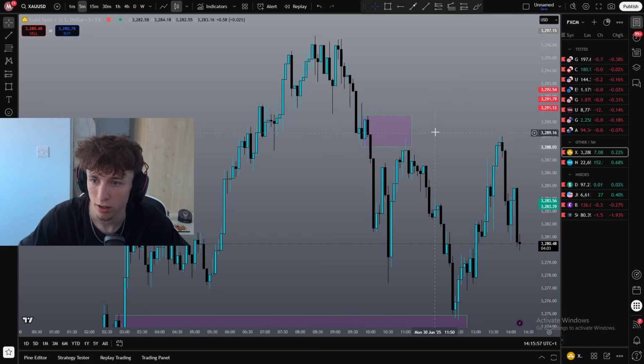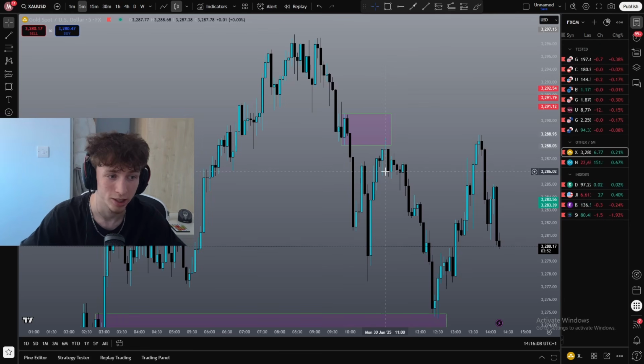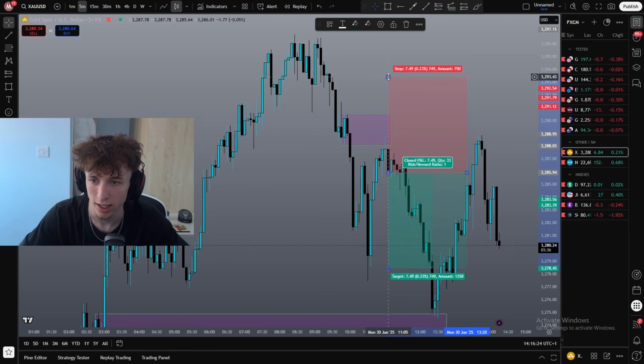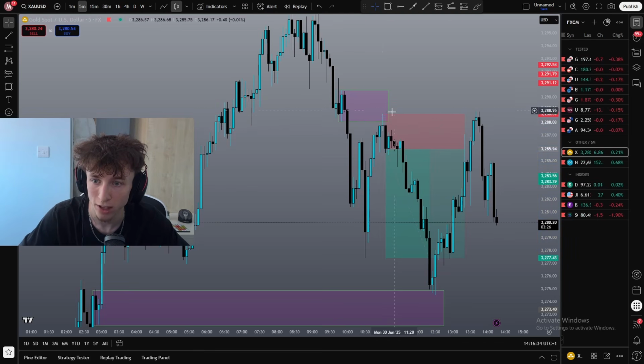Once again, right here, supply zone, had our level of liquidity, had our breaker structure, this fits all of our rules. And right here, this candle opened at 11. This setup was literally today, by the way. Like, this happens a lot. So this candle happened at 11. So instead of having to wait for this whole candle to close and getting in down here, you could have got in on the flip of this candle